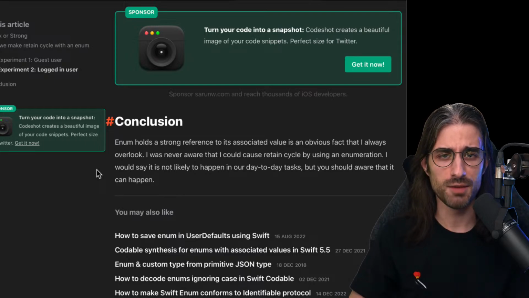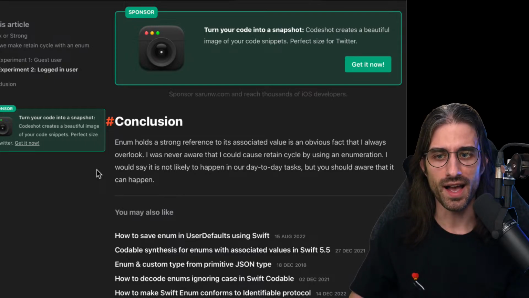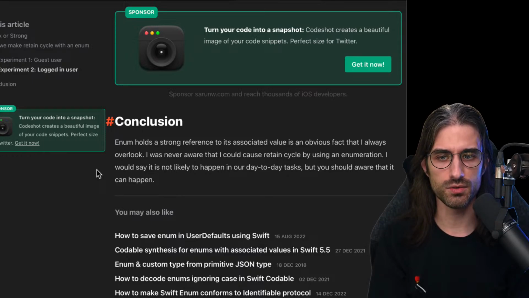But the argument I had, that an associated value is basically just like a property, but at the level of a case of an enum instead of at the level of a type, kind of holds. And so where you can make a retain cycle using a property, you can also make a retain cycle using an associated value.